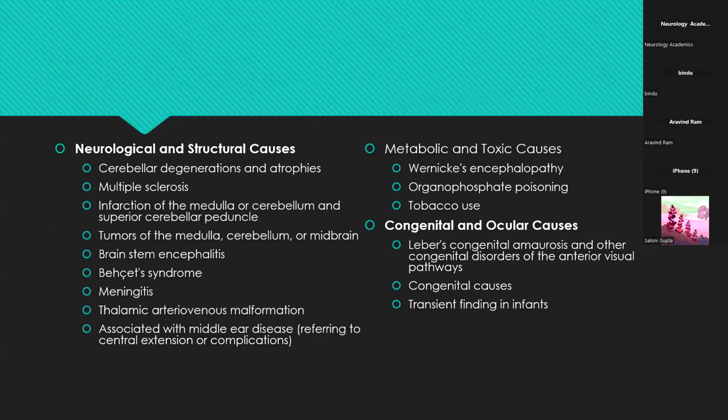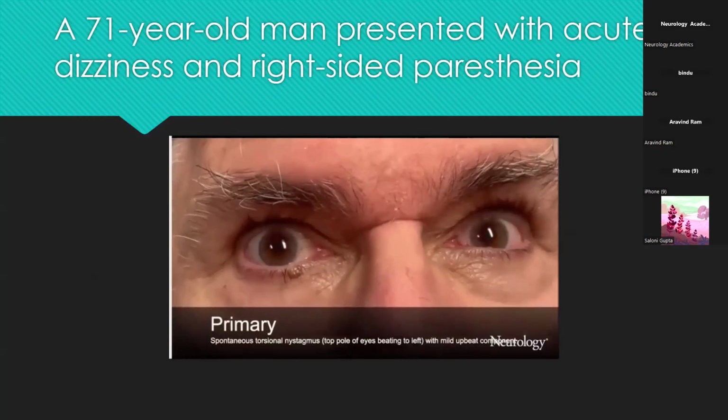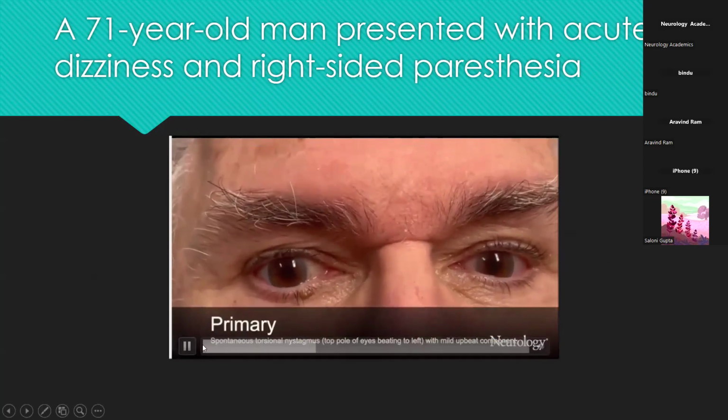Then I mentioned other causes of upbeat nystagmus, of which the most important ones are cerebellar degeneration again, and multiple sclerosis, as well as infarct of the medulla or cerebellum and superior cerebellar peduncle, and posterior fossa tumors. Congenital causes are also common. In this 71-year-old man who had presented with acute dizziness and right-sided paresthesia,